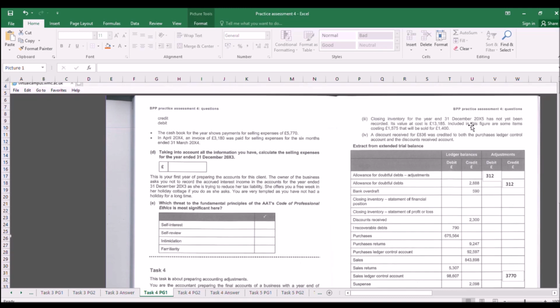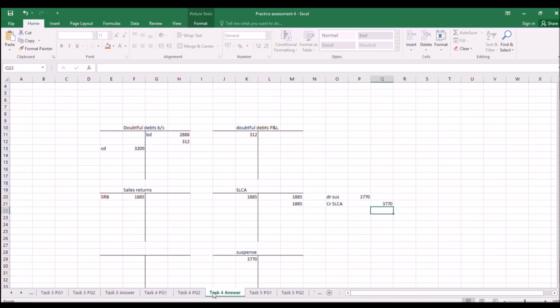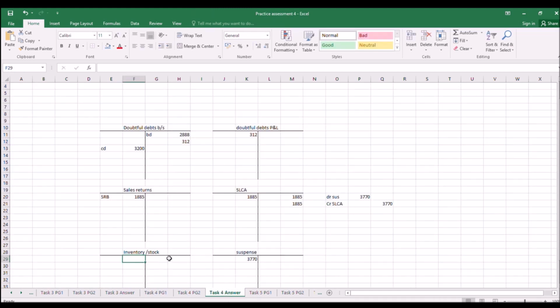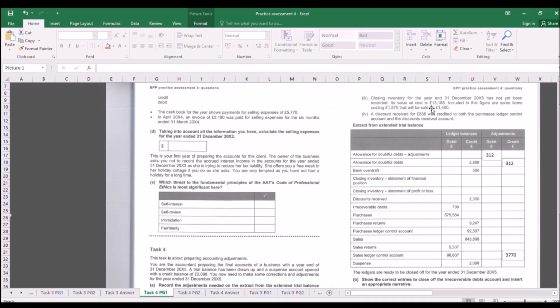Closing inventory for the year end has not yet been recorded. Ooh, excellent. Its value at cost is 13,185, including some items. Right, okay, so stock, or inventory, or stock, whatever we want to call it. Closing inventory, statement of financial position, 13185. 13185 is an asset, so it'll be our debit side. There, and within that figure,